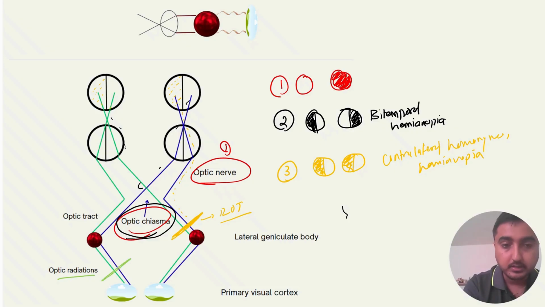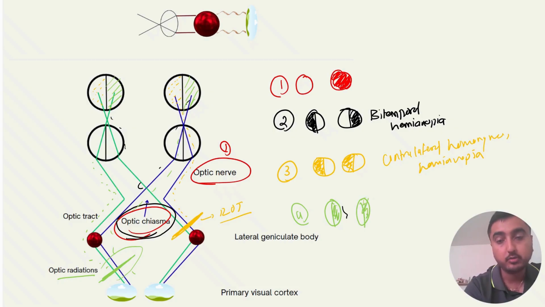So if you have a lesion in the left optic radiation, you trace these fibers all the way up, and then you see that you're losing the right side of the visual field on both the eyes. So having a lesion in the left optic radiations would cause you to lose the vision on the right side of the visual field. So again, we have contralateral hemianopia, but in case of optic radiations, you also have to